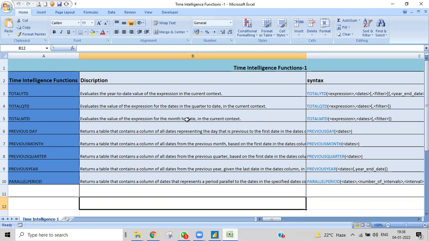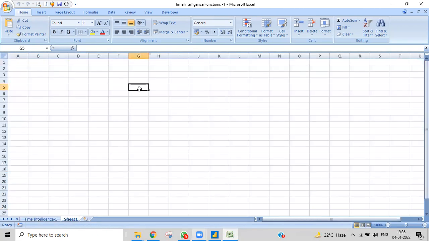What is month to date? Month to date means it is the cumulative of that particular sales. Say I have sales of 100, then 200, then 100 again, then 300.